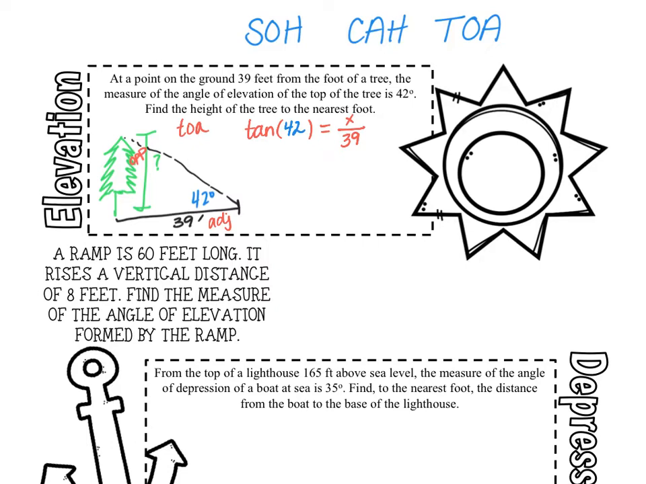Make sure you're in degrees. When you put it in your calculator, tangent of 42 is about 0.900..., which is equal to x over 39. In order to solve for x, I need to multiply 0.900... the rest of the number times 39. So when I do that, I get